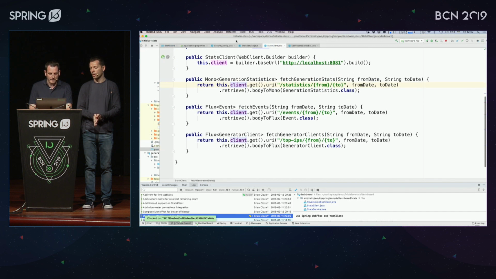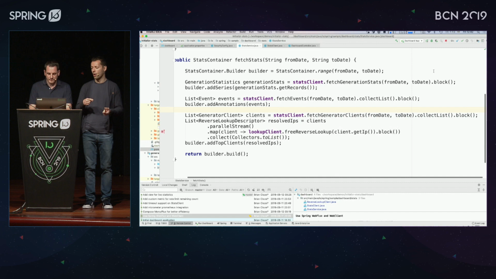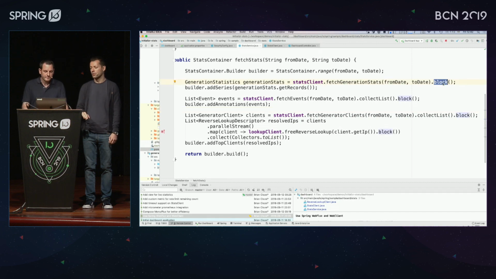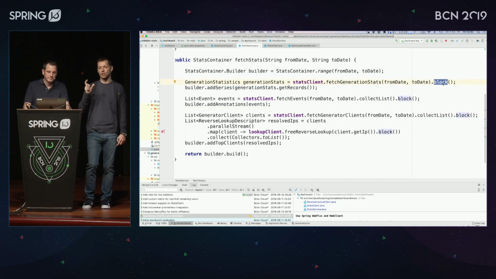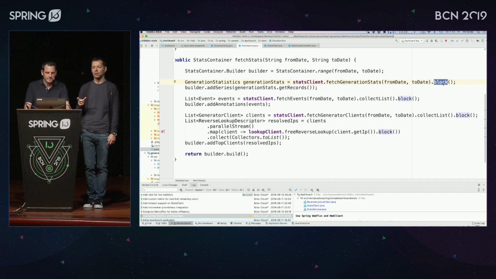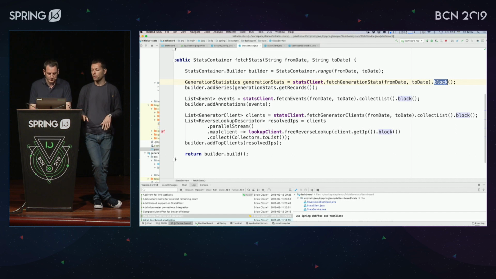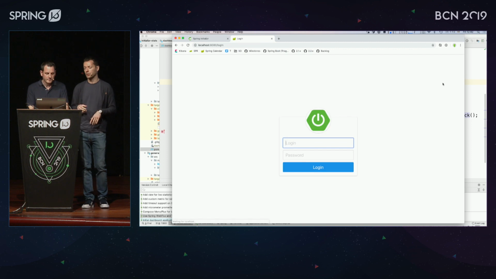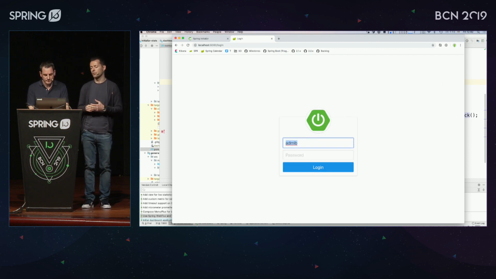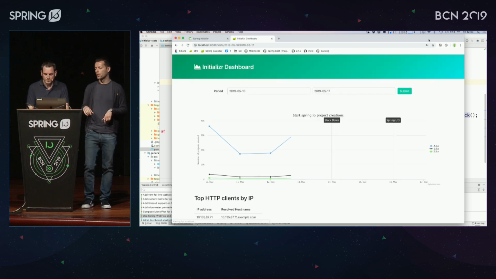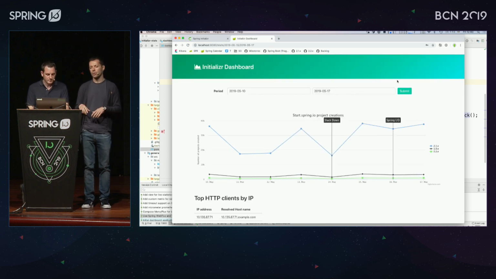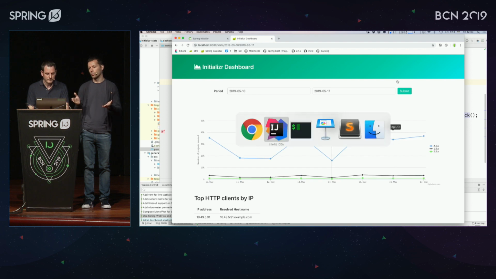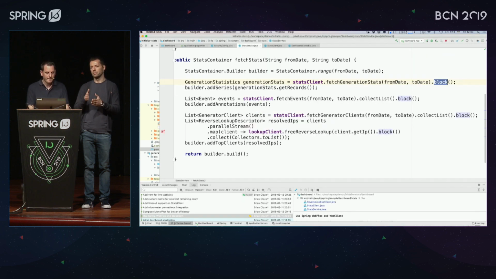OK. So once you have that, we have to take care of the other layer. So instead of getting directly the generation statistics, we are provided with a mono or a flux. So as a first step, what we can do is just calling block, which is a very bad idea if you've got a fully reactive application. But when we're in MVC, and as a first step, it's perfectly fine. It's just the equivalent of what we did actually with RestTemplate. So with this, we kind of have the perfect equivalent of what we had with RestTemplate, blocking and getting things